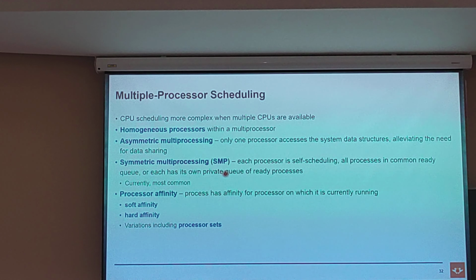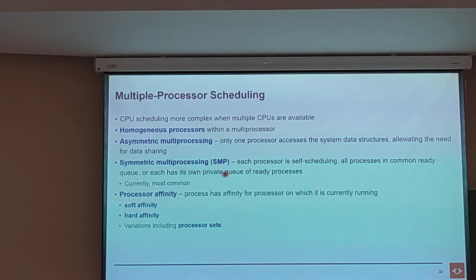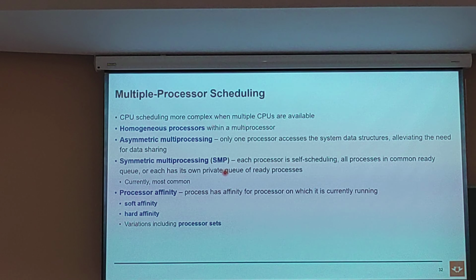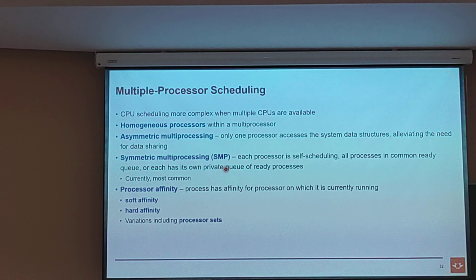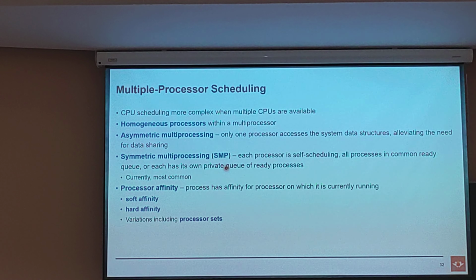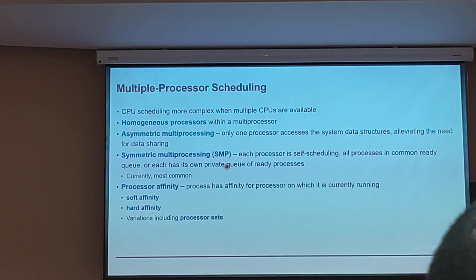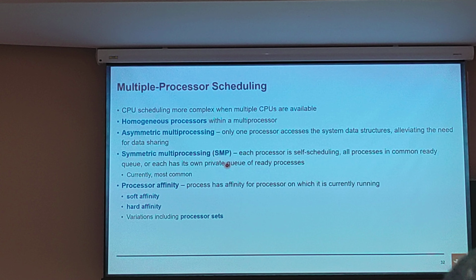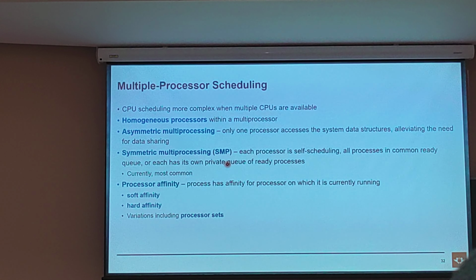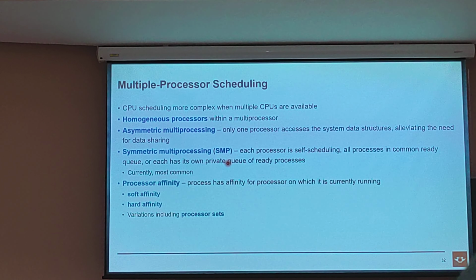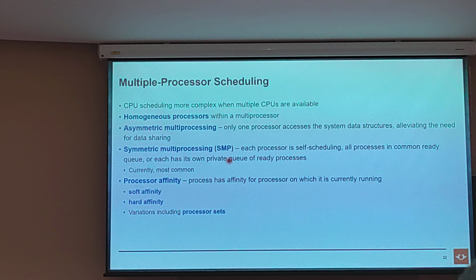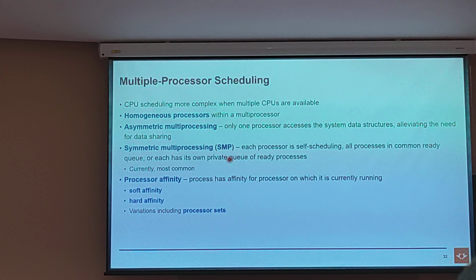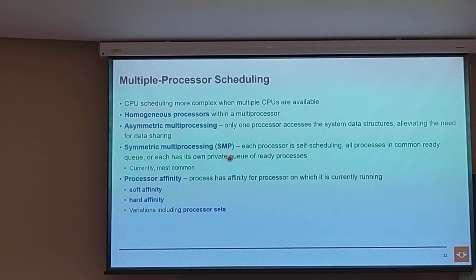Now you get what they call homogeneous processors within the multiprocessor environment. That means they all do the same. But when we look at the scheduling, you get what they call asymmetric multiprocessing or symmetric multiprocessing. Now, what's the difference? With asymmetric multiprocessing, that basically means you run the scheduler on one CPU, and that one CPU itself contains